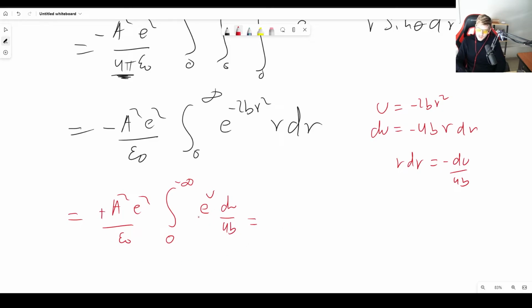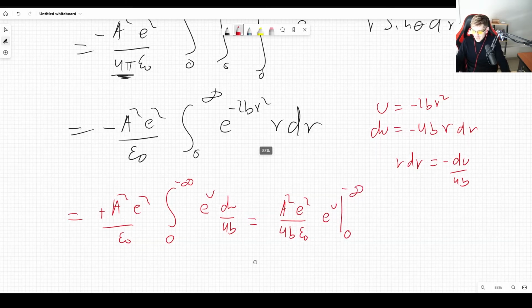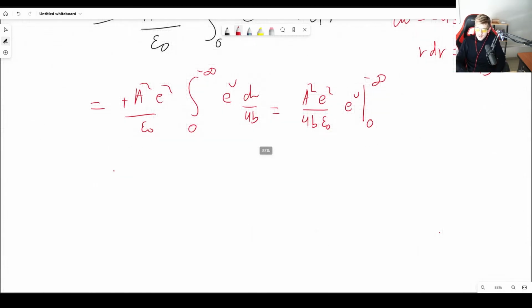Now this integral is easy. It's e to the u, right? So it's e to the u, nothing new. So we get a squared e squared divided by 4b epsilon 0 times e to the u evaluated between 0 and minus infinity. So at minus infinity, it is 0, but at 0, it is 1. So we get minus e squared over 4b epsilon 0, and let's put in the value for a squared, which is